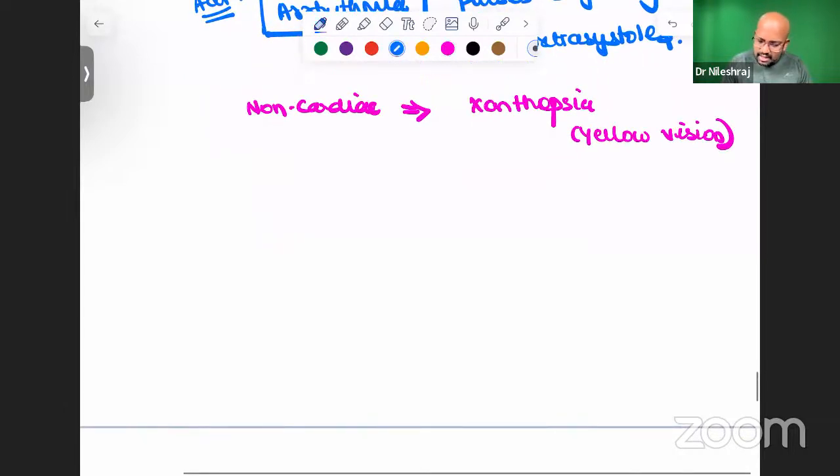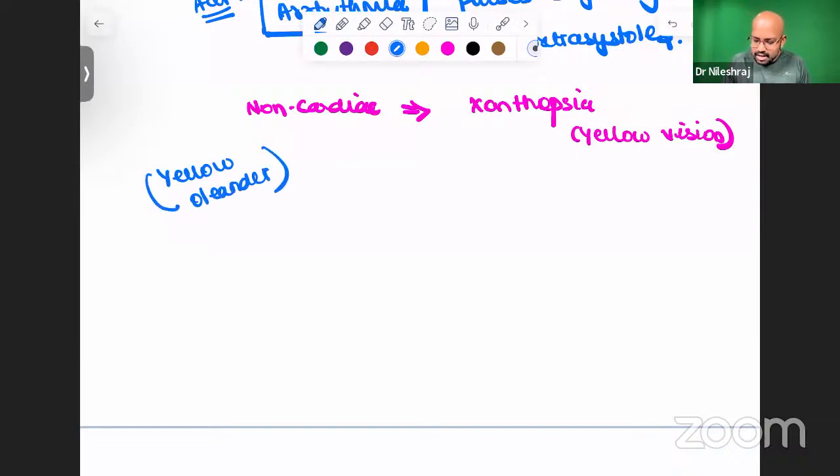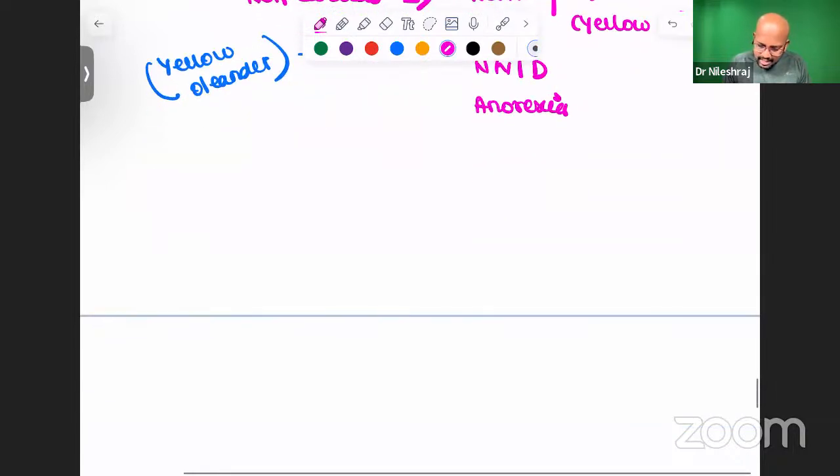Because, simple one, this drug, like your digoxin, is actually derived from a plant called yellow oleander, and this in turn will be producing yellow discoloration of vision. Good. And it also produces nausea, vomiting, diarrhea, anorexia might be developed, and patients might develop mesenteric